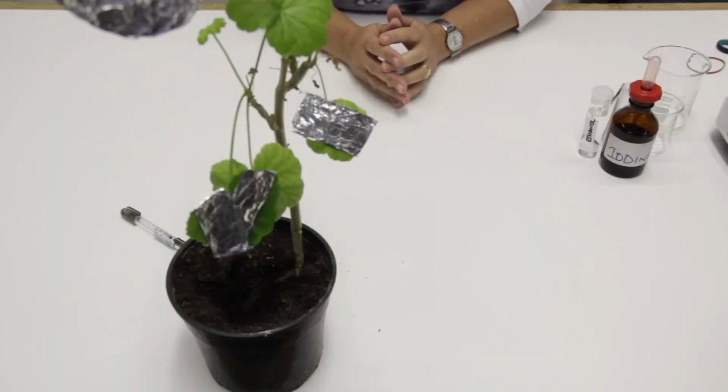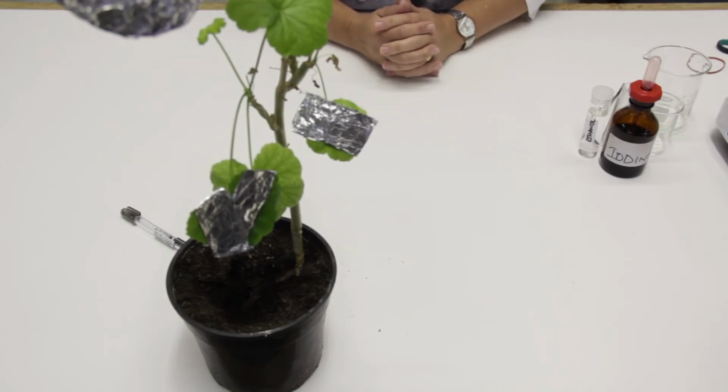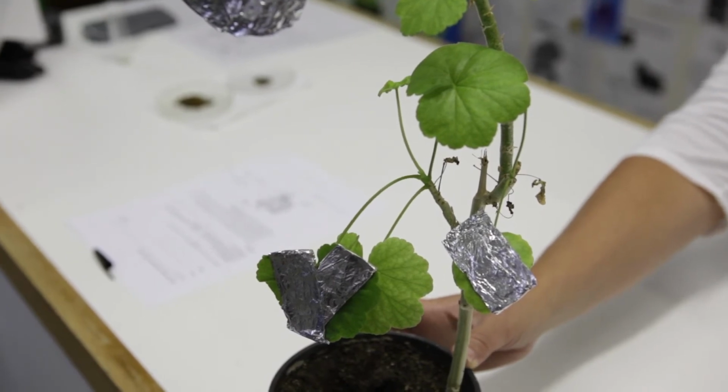Now in the next practical that we can do, the aim of the practical is to see whether light is indeed necessary for photosynthesis. Now, what would we need? We would need a destarched potted plant, a plant that has been left in a dark cupboard for about 48